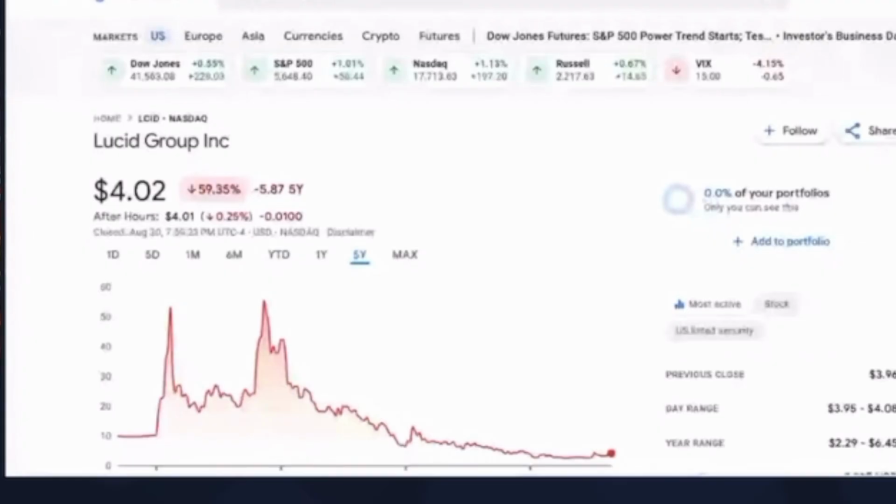So with Prez's example of talking about Lucid, if we look back to Lucid in 2021, it was $55 in November of 2021. It comes down to $41 in January of 2022. Let's go forward now. Now we're at January of 2023 and it's at $13. Now it's down to $4. So if you purchased it at $55, thinking, oh, it's on its way up,